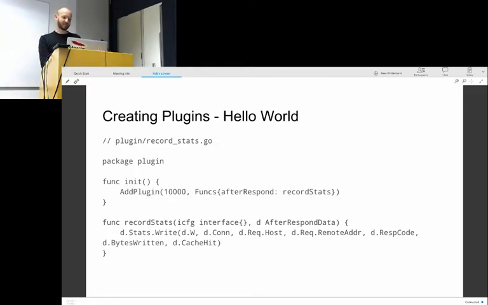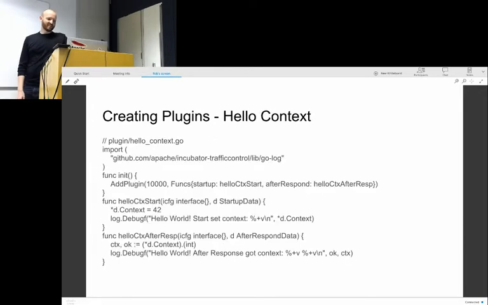That's all there is to it, to writing a plugin. And you put these files in the plugin directory, and they're automatically compiled in. So the stats is kind of a Hello World plugin. Just shows you how easy it is. It's like 5 lines. This is a HelloContext plugin I made to give you an idea of how to pass